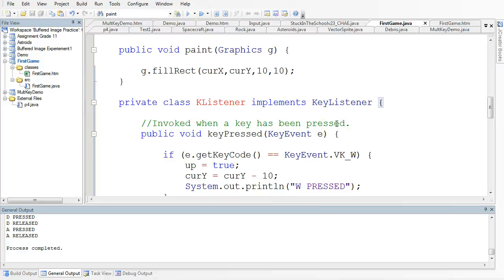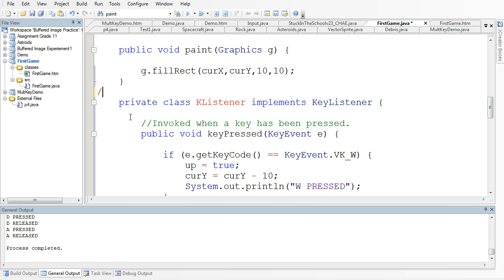Okay, in this video we're going to change the way that the applet is updated, and this has some very important reasons which we'll see as we progress in this tutorial. Now, the one thing we're going to have to do is create another private class inside of our class,